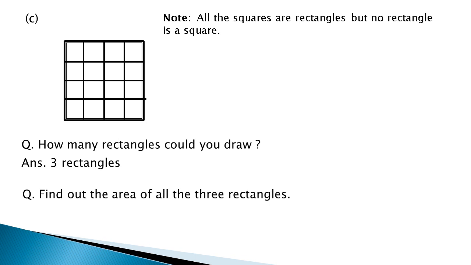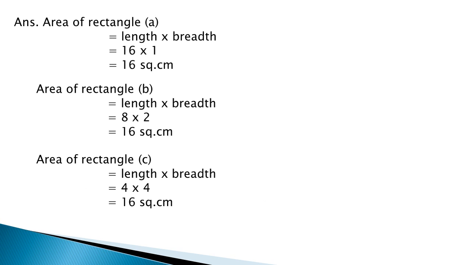How many rectangles could you draw? Yes, 3 rectangles. A, B, and this one, C. Find out the area of all the 3 rectangles. Okay, so you have to find out the area of all the 3 rectangles. Now the area of rectangle A, that straight line like a scale, remember. So the area of a rectangle is equal to length into breadth,